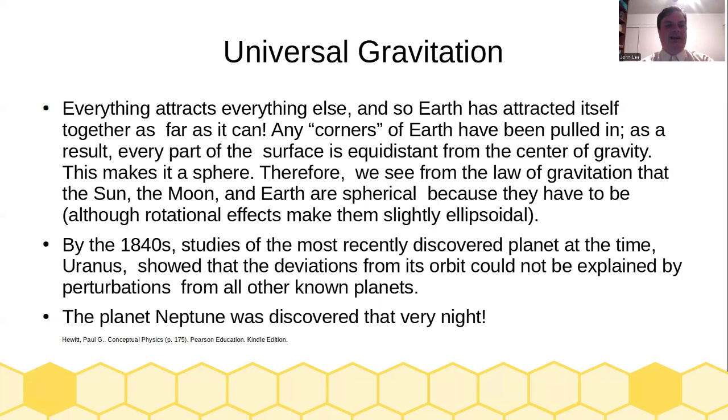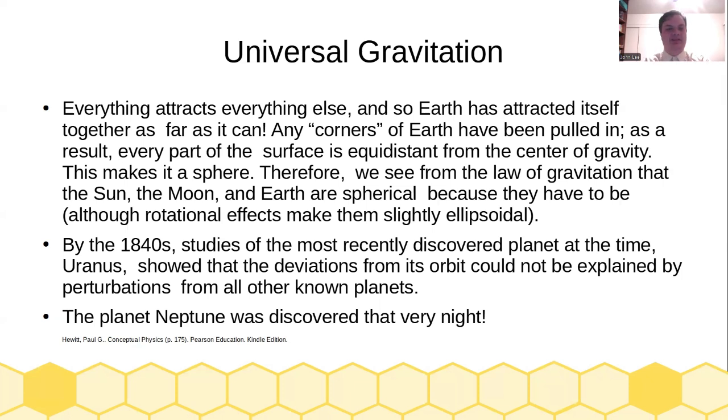Another use for gravity is that we've been studying the orbits of planets for a very long time, as said in the first lecture. But by the 1840s, studies of the most recently discovered planet at the time, Uranus, showed that the deviations from its orbit could not be explained by the perturbations, which are changes in the orbit caused by other known planets. Because of this, they were able to predict what mass of a planet and where in the sky it was located